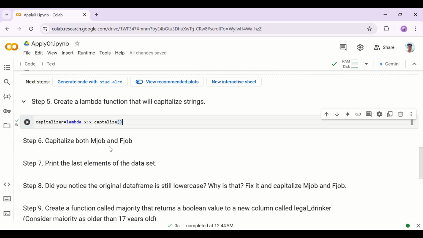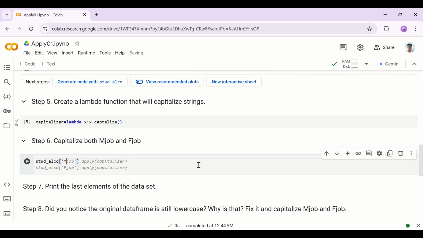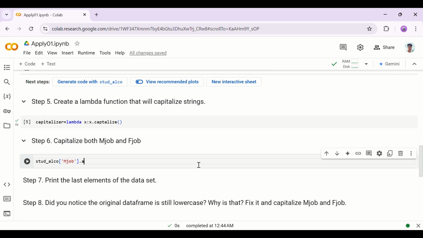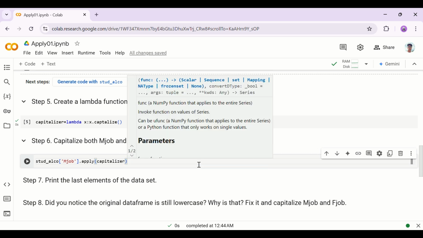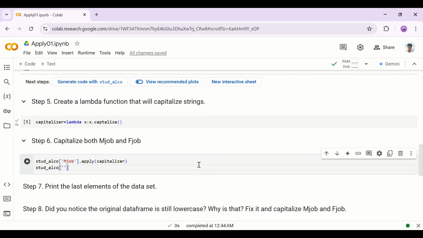inside student alco, for m job we need to apply this function which is capitalizer. Spelling looks right, capitalizer. Okay, same we have to do for another one, which is f job, meaning female jobs. Apply capitalizer, and if we run this cell,